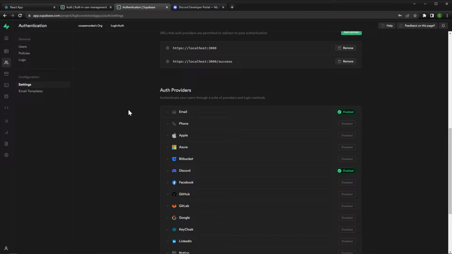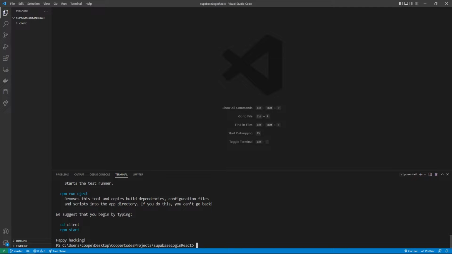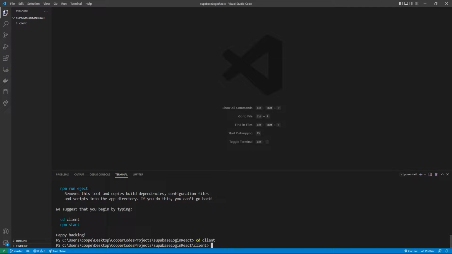Let's get into creating our React application. So I'm going to get started by opening up an empty folder in Visual Studio Code and then saying npx create-react-app client to start our React application. We can enter our React folder by saying cd client once that's all done. For this video, we're going to be working with 3 different packages, so we can say npm install to start installing those. The first one is